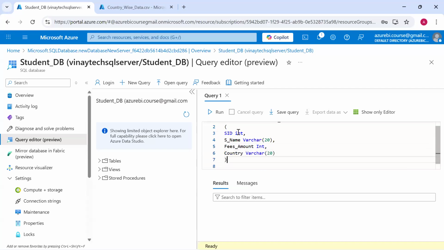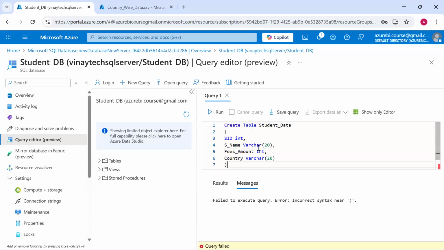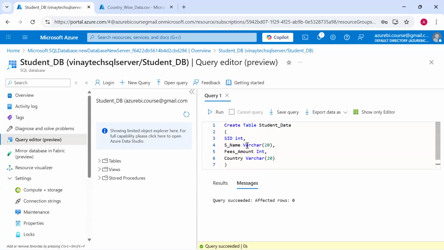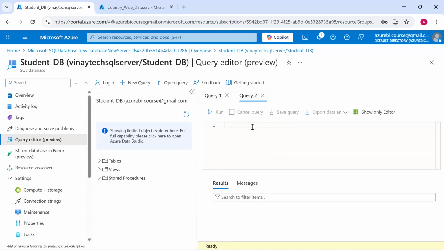This information I want to create. Only 4 columns. Student ID, student name, student amount, and which background the student is coming from.